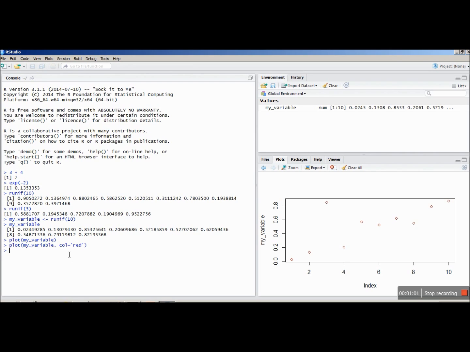If I press enter, you can see my circles are changed from black to red color. Now if I wanted to fill these circles with color, I can also add another parameter which is called PCH. PCH is a parameter which sets the type and shape of your points on the plot. So if I say PCH equals 16 and press enter, you can see my circle is changed from empty circle to filled circle. So in that way you can change the